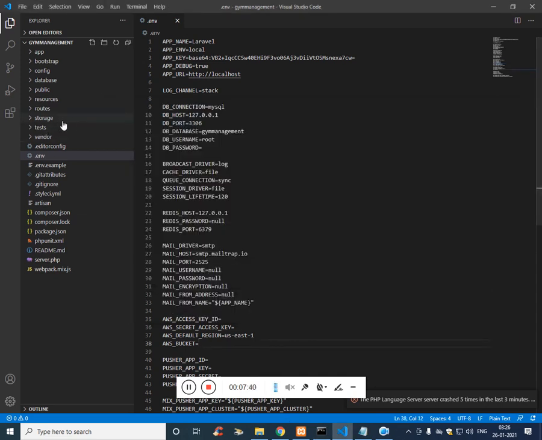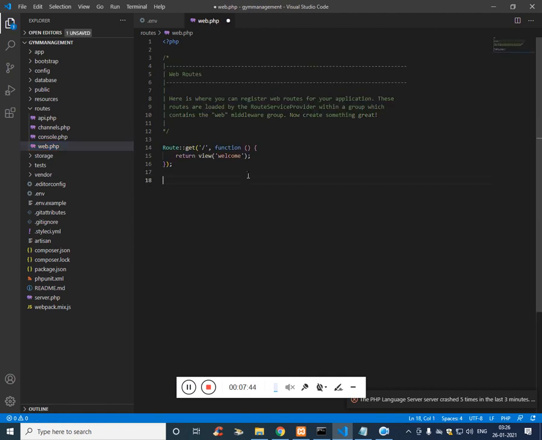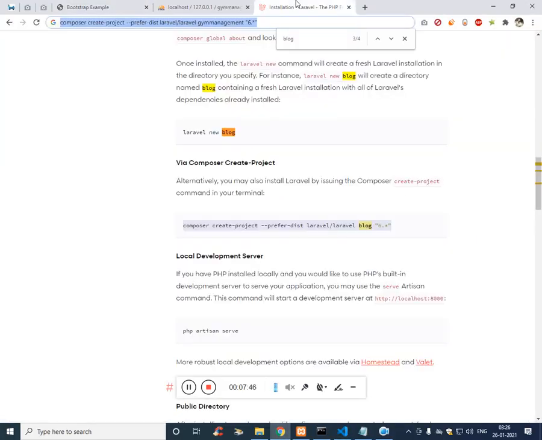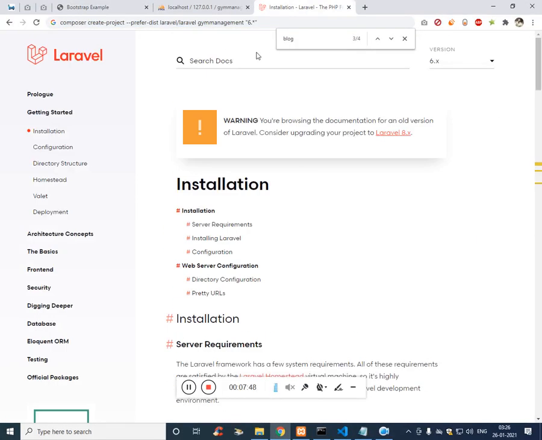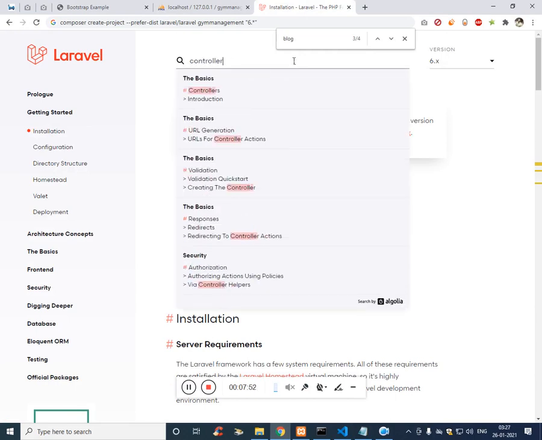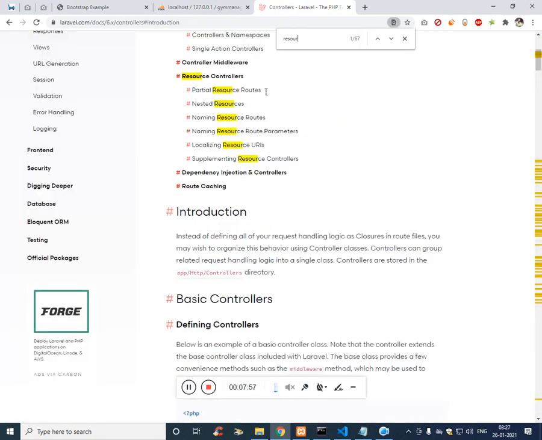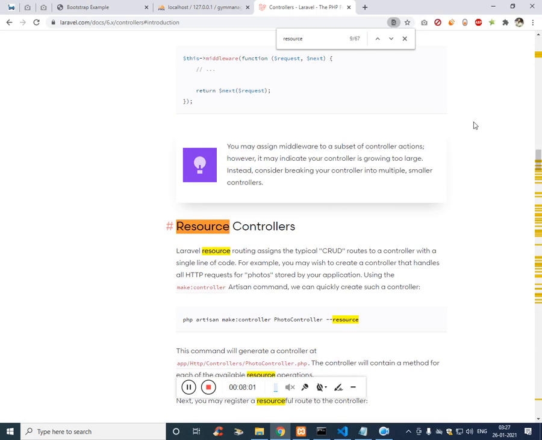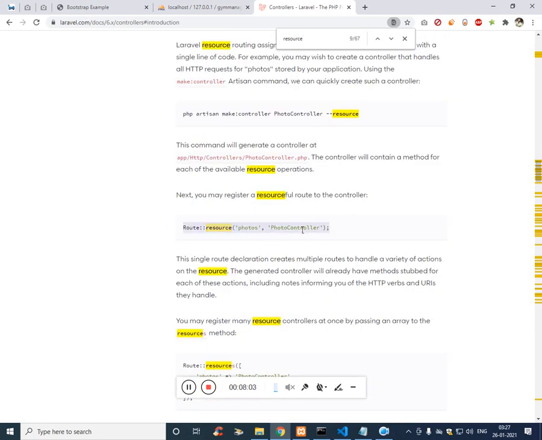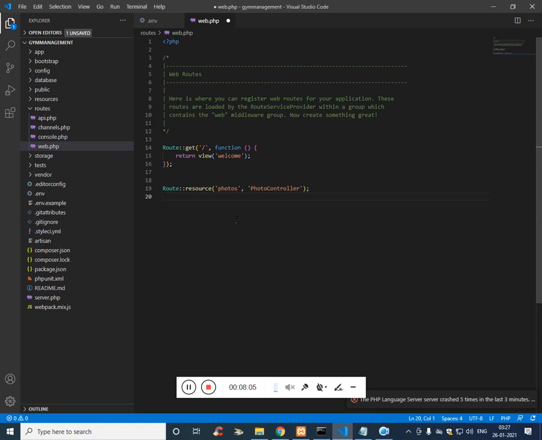Now we have to get into the routes folder where we can find web.php, and here we need to create the routes. To create the routes, you just have to get into the documentation, click on controller where you can find resources, so this is the URL.